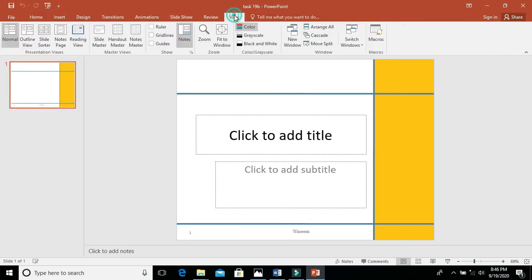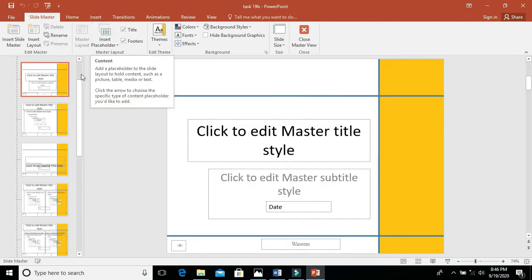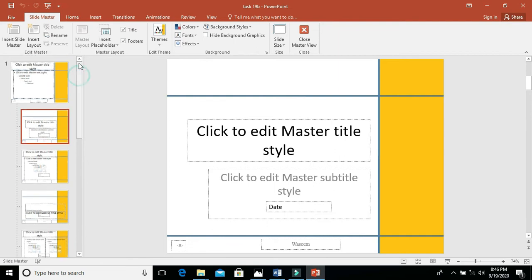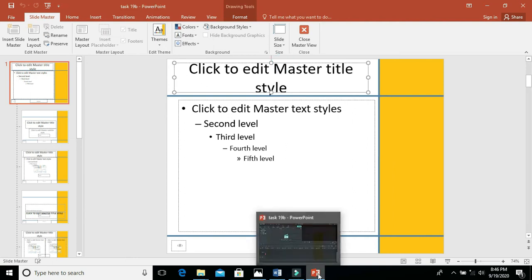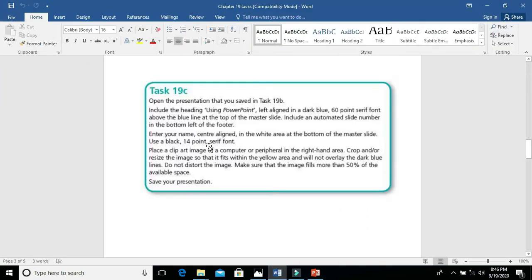We must go to slide master. We are still working on the slide master. In this one they are asking us to include a heading. So this is the heading, but they are asking us to include, look at this, using PowerPoint.